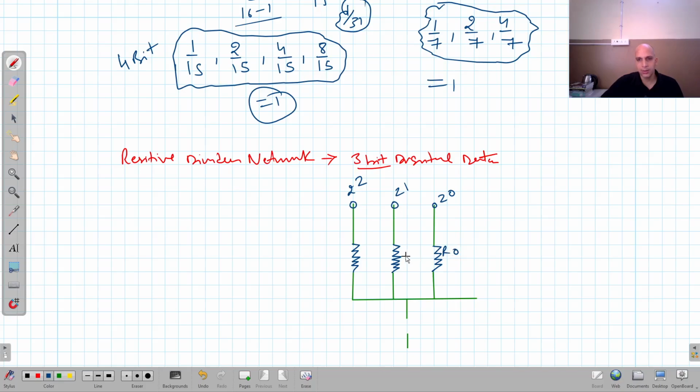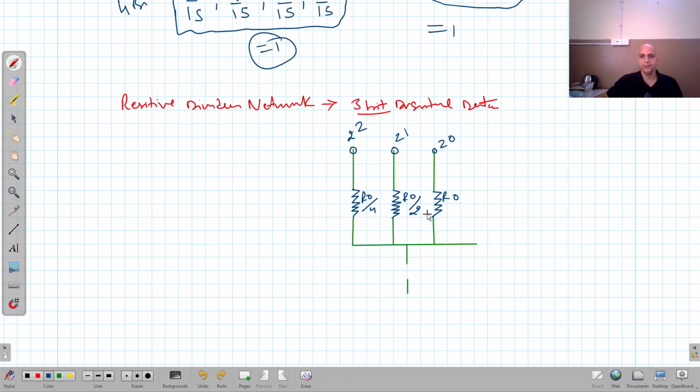Let this be R0. This is R0 divided by 2. This is R0 divided by 4. This is the load resistance RL, and it is very large compared to the value of R naught. Here we are getting analog voltage appearing at this node. This terminal is grounded. Now you can see here a very simple resistive divider network that is used for converting a 3-bit digital signal